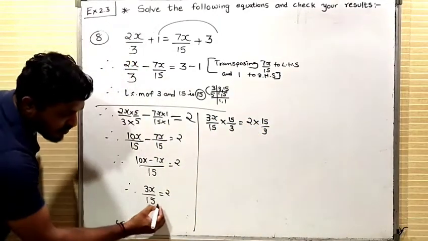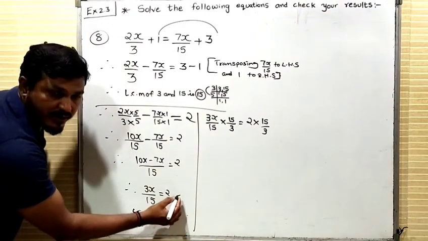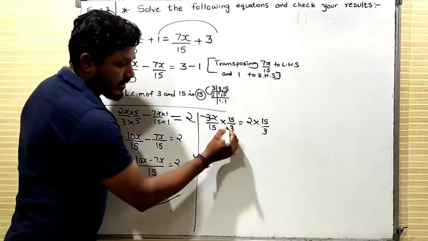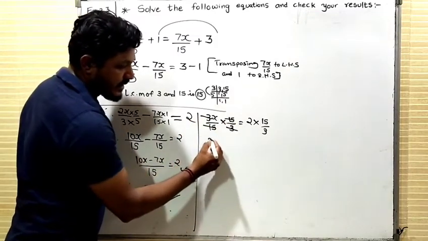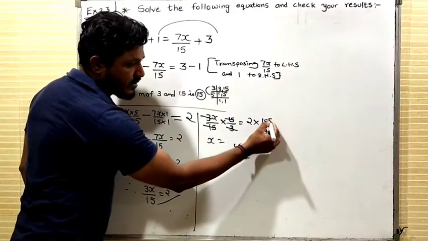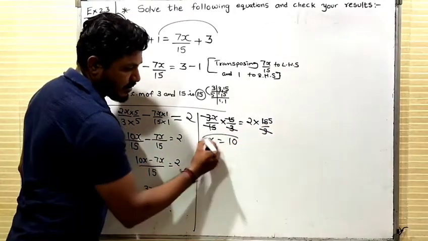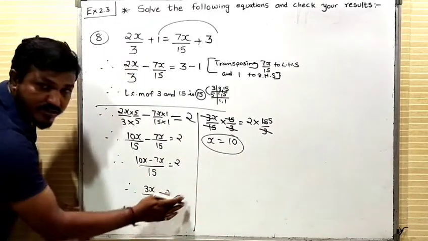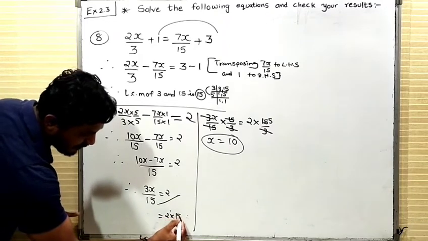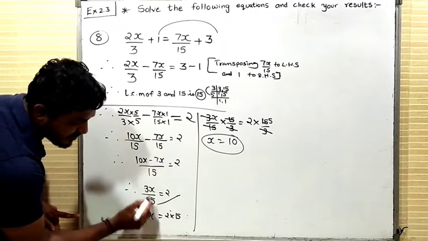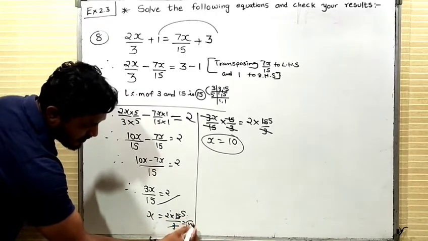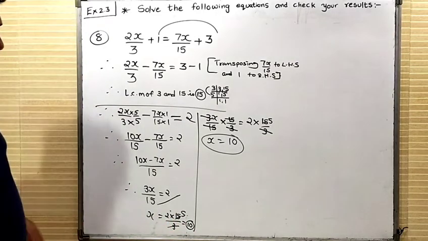Or you can do direct cross multiplication also. Directly you can take 15 over here and bring 3 over here. Now, so that 3 and 3 will get cancelled, and 15 and 15 will get cancelled, and here cancellation is possible, 3 5s are 15 and 2 5s are 10. Or if you want to do direct transposition, if you are taking 15 over here, keep x as it is and bring 3 down, 3 5s are 15 and 2 5s are 10. By doing such also you will get your value of x.